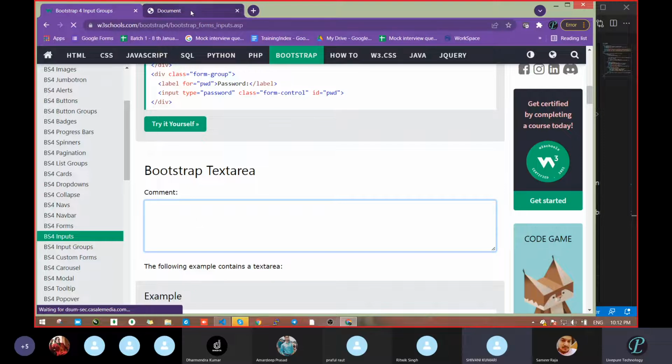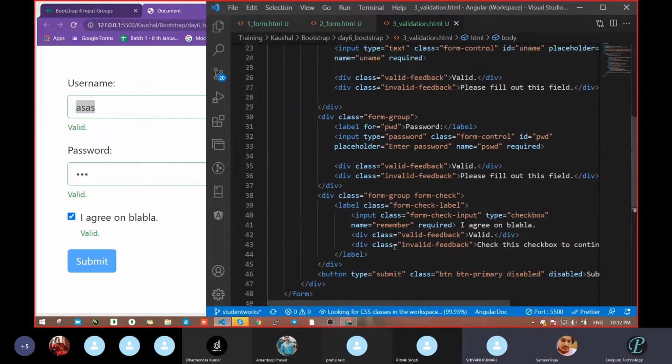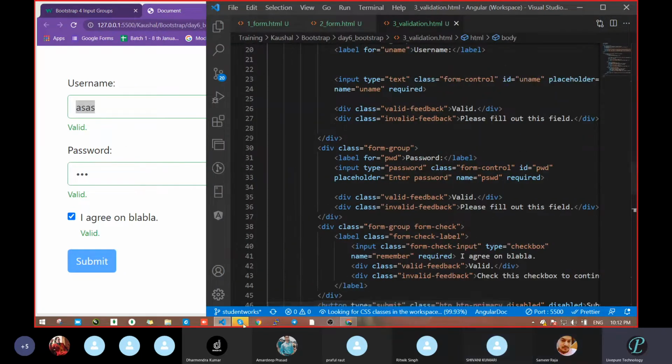Like suppose here we had taken username. Suppose in place of username, we take a text area, whether that will be